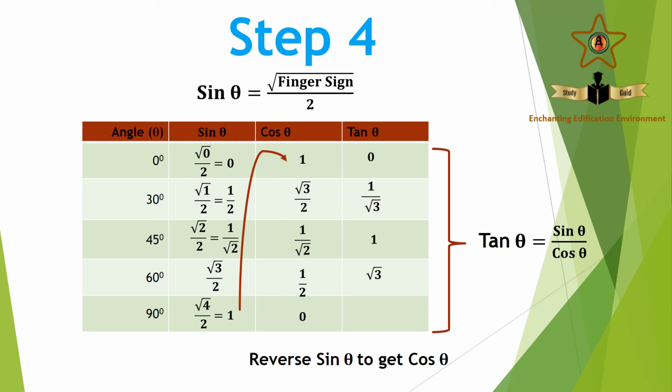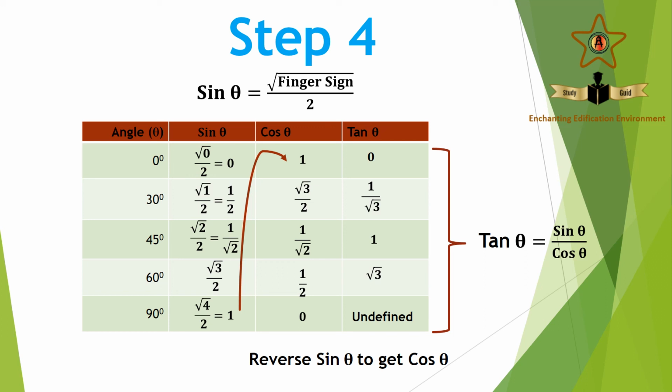Now we are left over with tan 90. Tan 90 is going to be 1 divided by 0. When we divide something by 0, we call it infinity. And we know infinity is not the exact value. So we, on the other hand, write it as undefined. So now we have got all these tables.